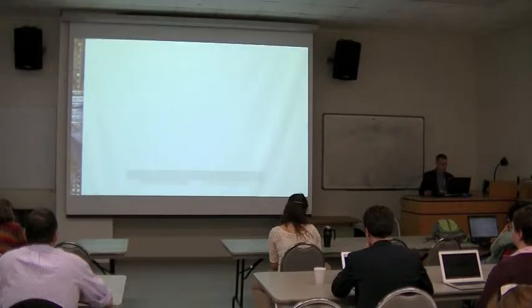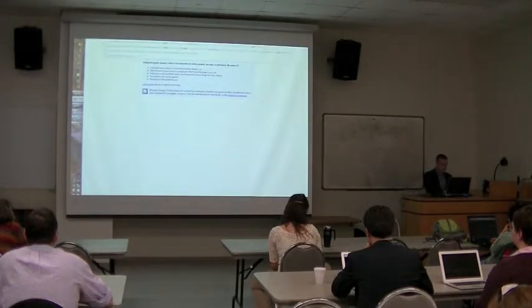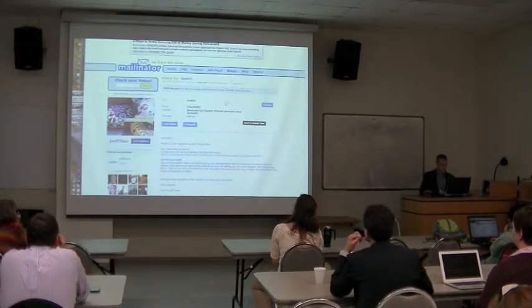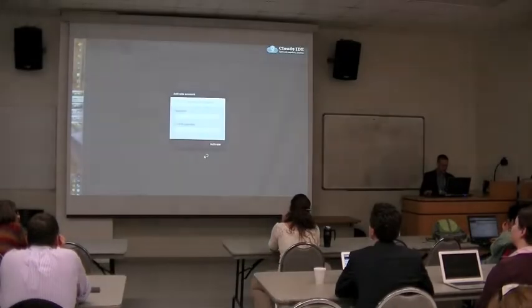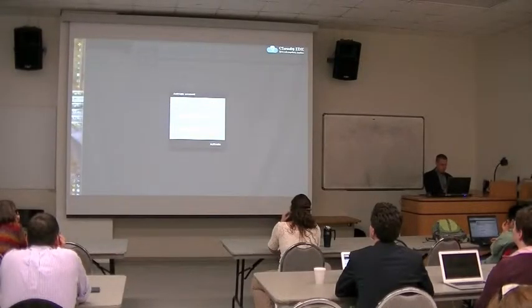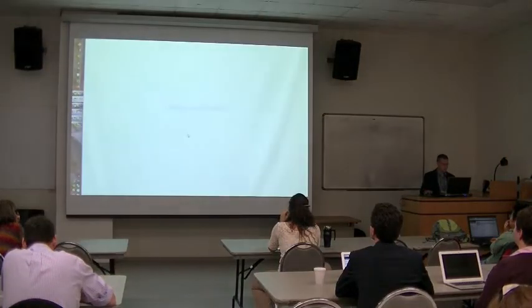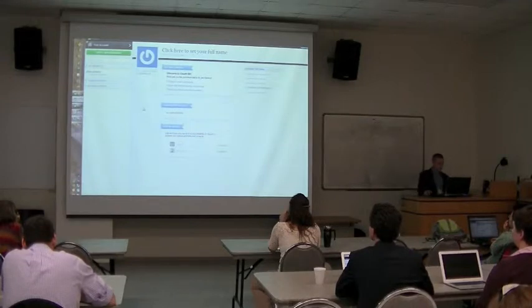I need to check that email account to activate it. So I'm going to go over to the mailinator inbox for test H2 and get the invite email. And there's my invite email. Click this button to activate my account. Set a password. You may already have this set up, but if you haven't, this gives you a chance to at least see what it would look like or follow along. And I get this dashboard that comes up like this.